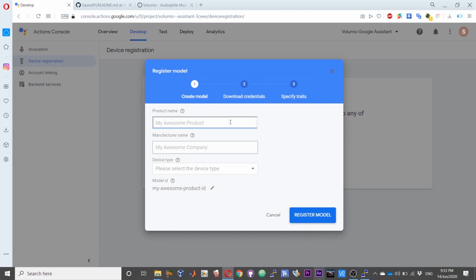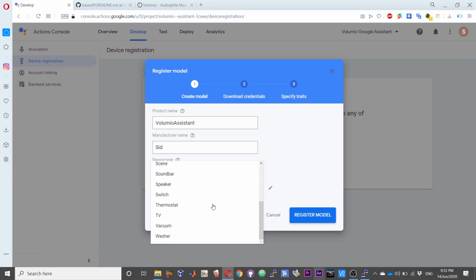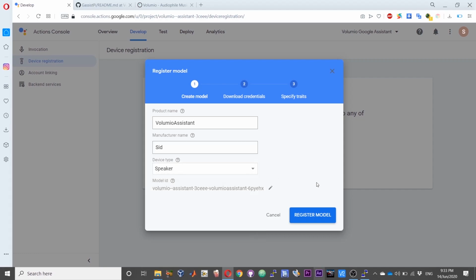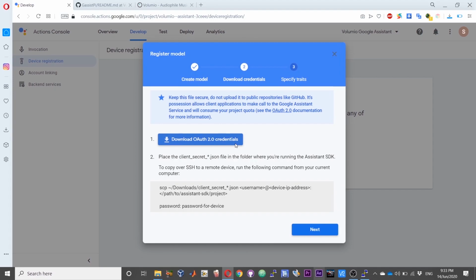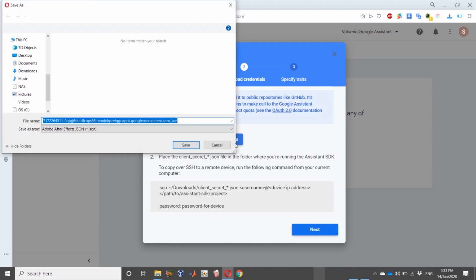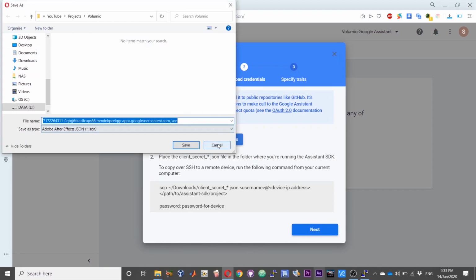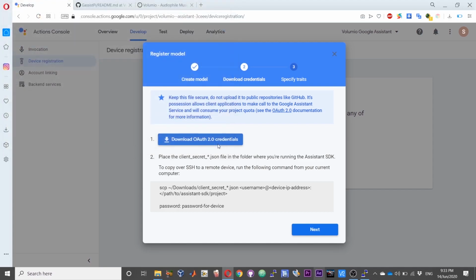Give your product a name. The device type can be anything. Choose register model. Now you will be prompted to download the credentials. Click on the download OAuth 2.0 credentials and save it to a folder on your PC.